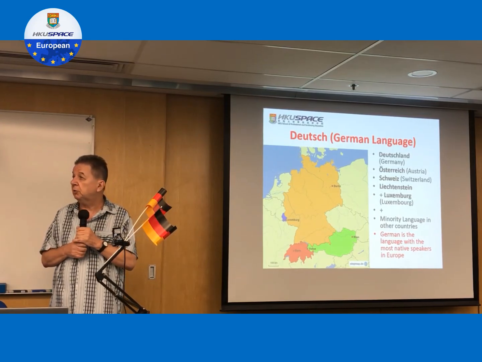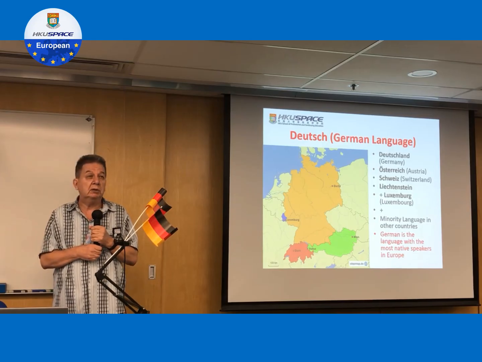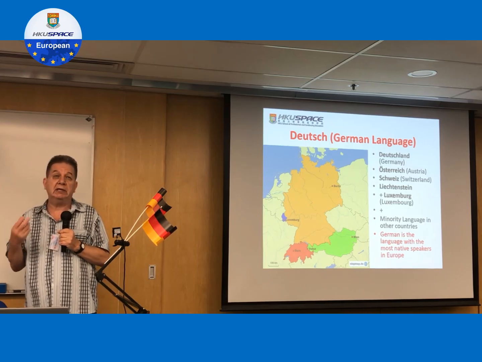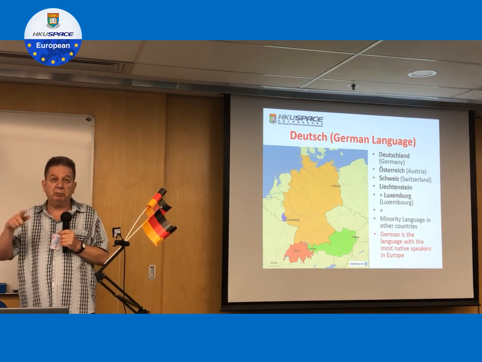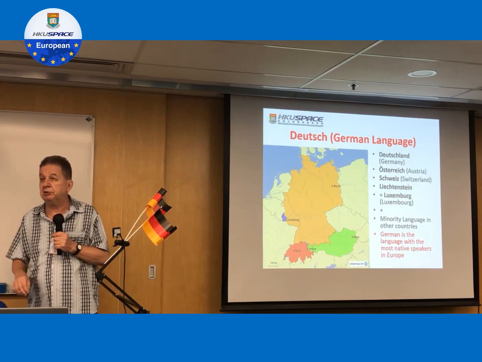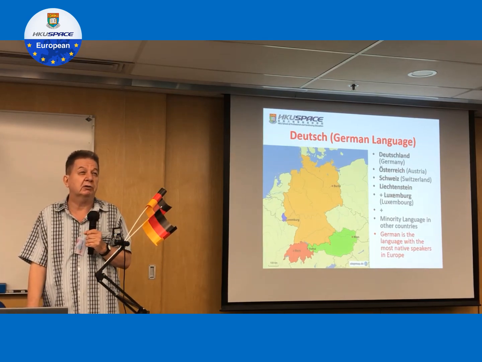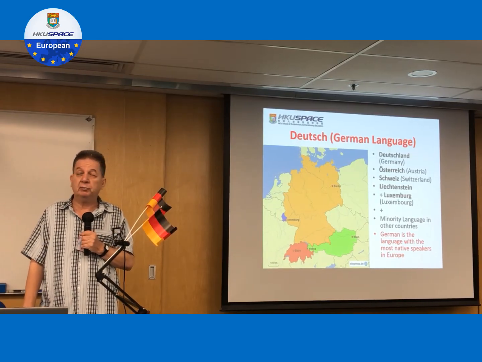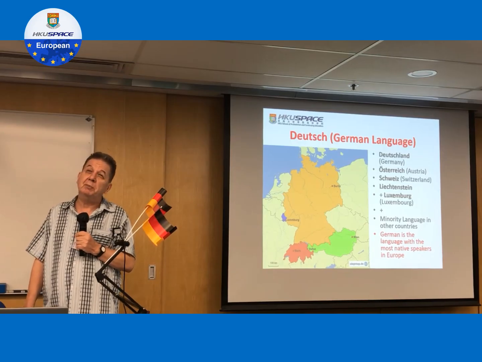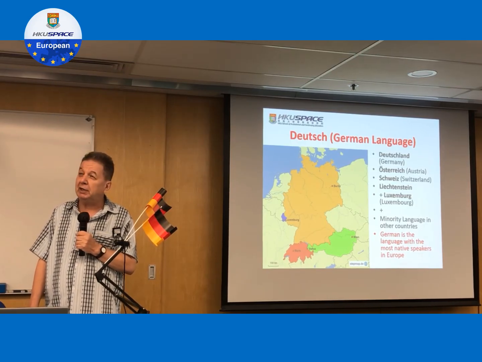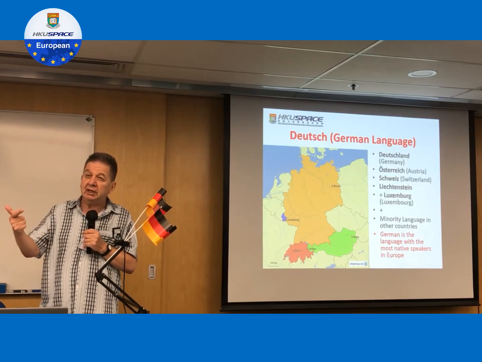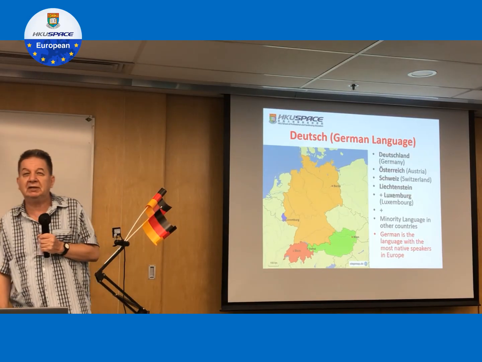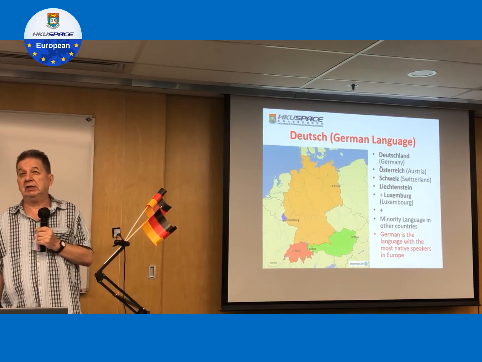A couple of years ago, the Nobel Prize winner for literature was a German writer, what was her name? Herta Müller from Romania. She comes from a village in Romania, isolated. Everybody outside speaks Romanian, but in this village they speak German. Why is that? Because about 300 years ago, these kingdoms advertised to German farmers: come to Romania, the king of Romania will give you land. You don't have to do military service, you don't have to pay taxes, your sons don't have to pay taxes. So lots of stuff he promised.